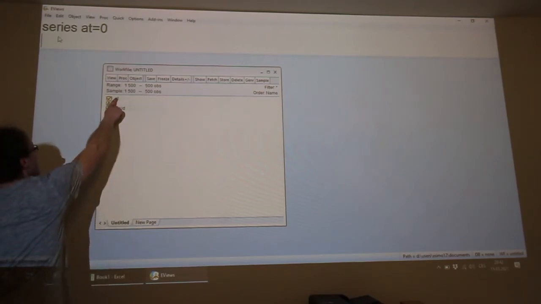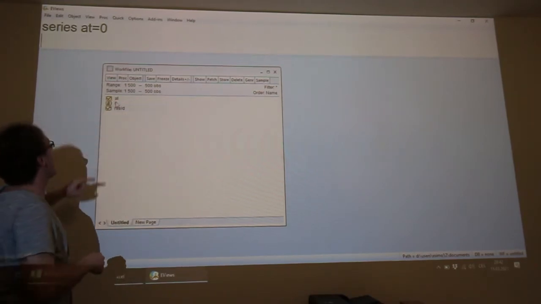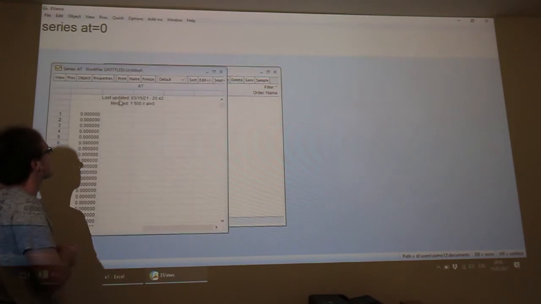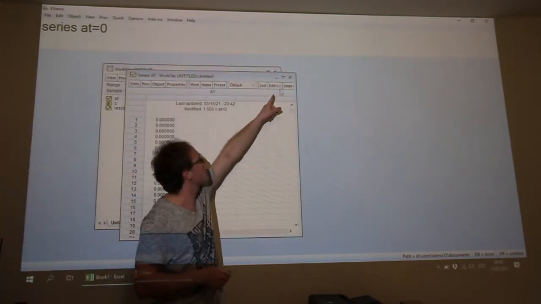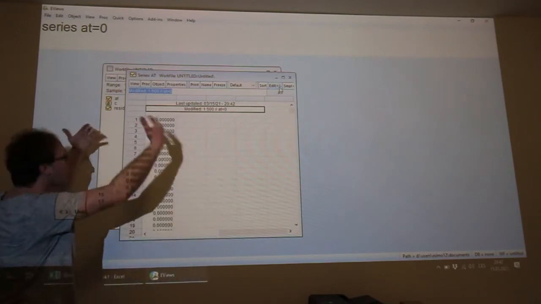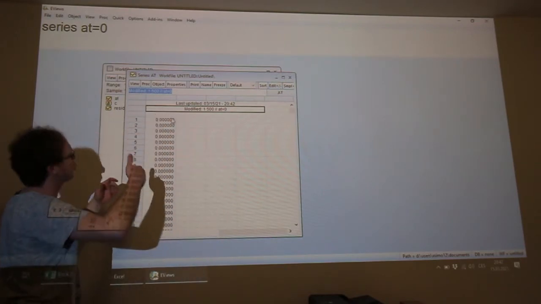And we will see here this series, so we can double click on it, and we must click on edit plus minus to unlock this sheet.